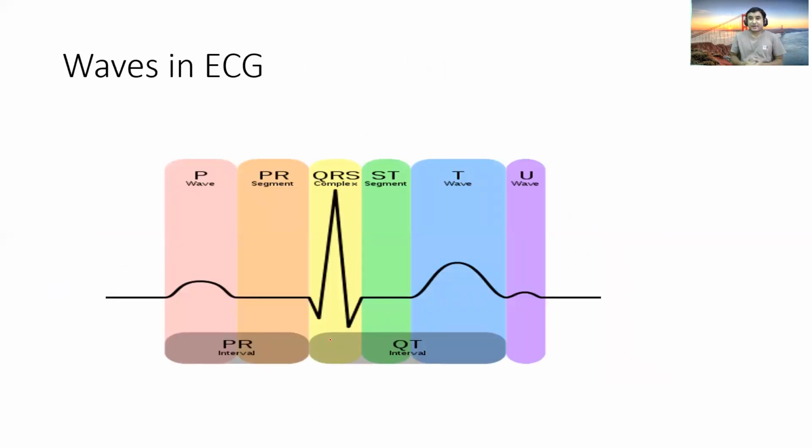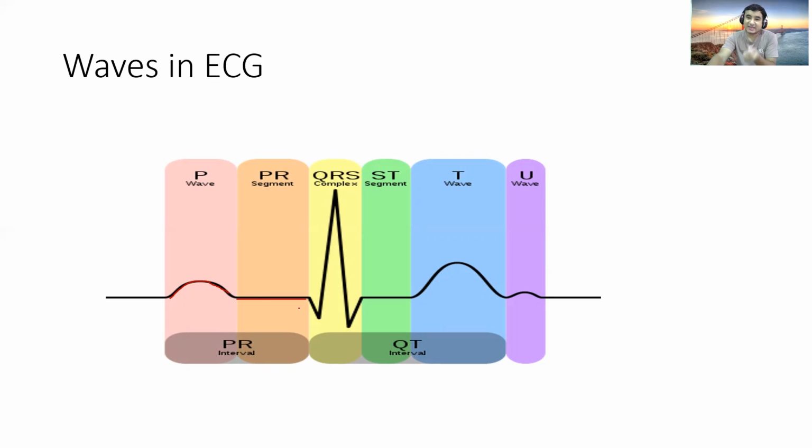So after understanding this conduction system, we have to know what happens in the EKG. In the EKG, we see this type of graph. This is the P wave, and the P wave is formed by atrial depolarization. Then, as we have already understood, there is some delay at the level of the AV node. This is the PR segment, and if you include the P wave and the PR segment, then it becomes the PR interval. The PR interval also includes the P wave.